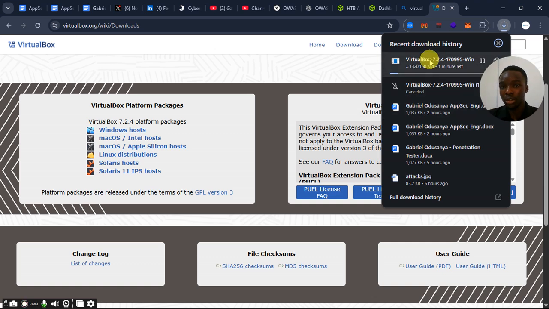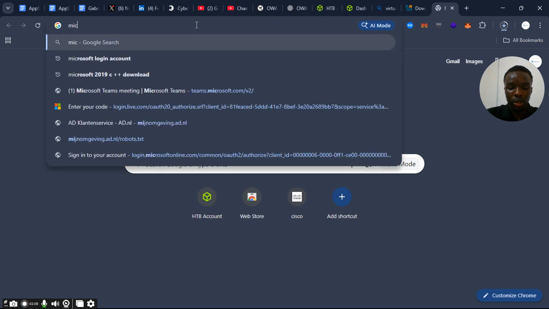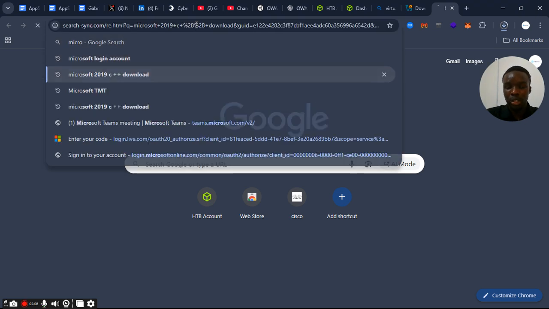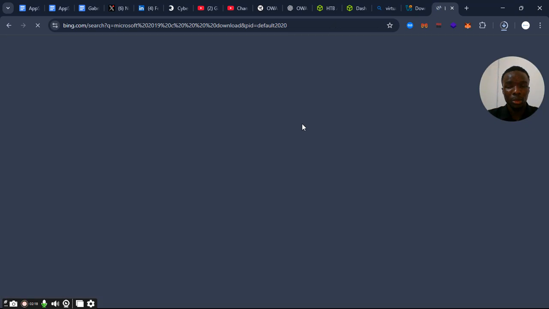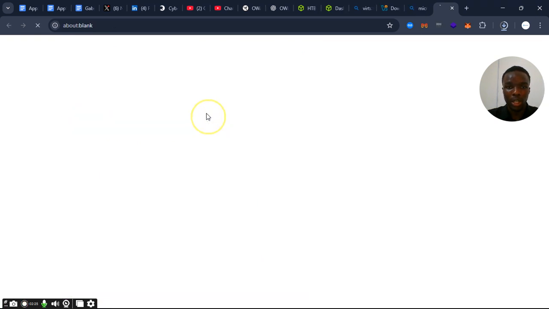And just for the record, in case you are installing it and it's telling you can't install or it's telling you it needs Microsoft distribution or stuff, that's for your virtual machine. If it's bringing that kind of error, then you come back here and you search Microsoft 2019 C++ download, probably 2019 or 2020, any one of your choice. Just make sure you have it. This thing mostly comes pre-installed with major systems, but in case you don't have it, you just click on it and you come somewhere like this place, click on there, and